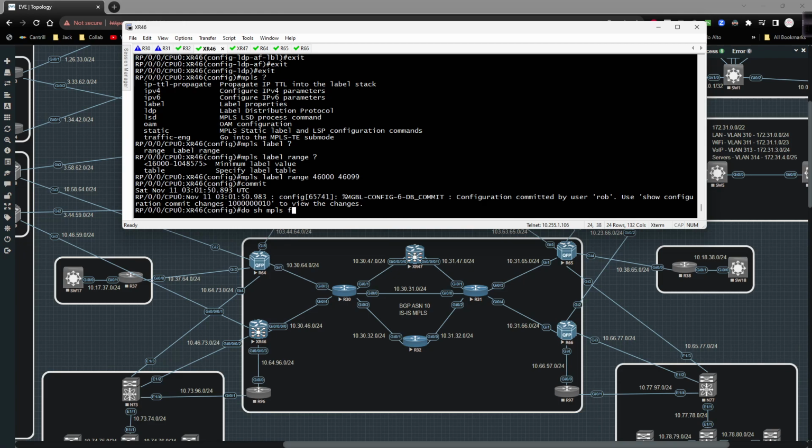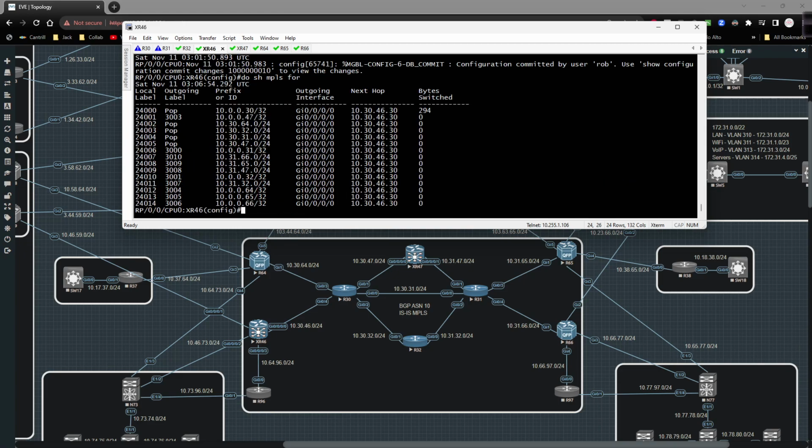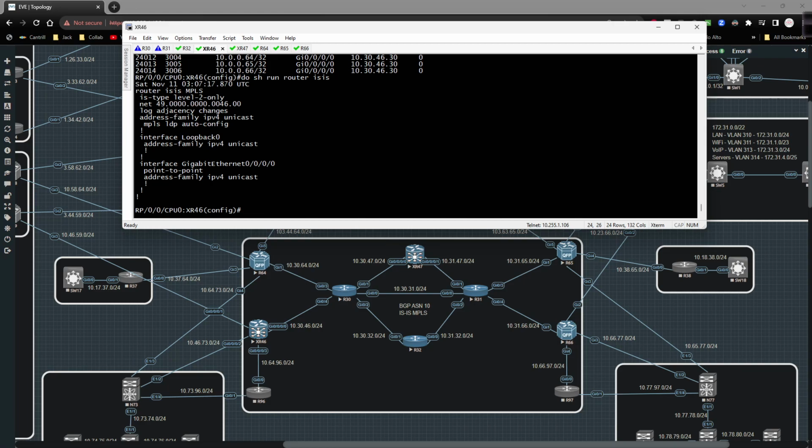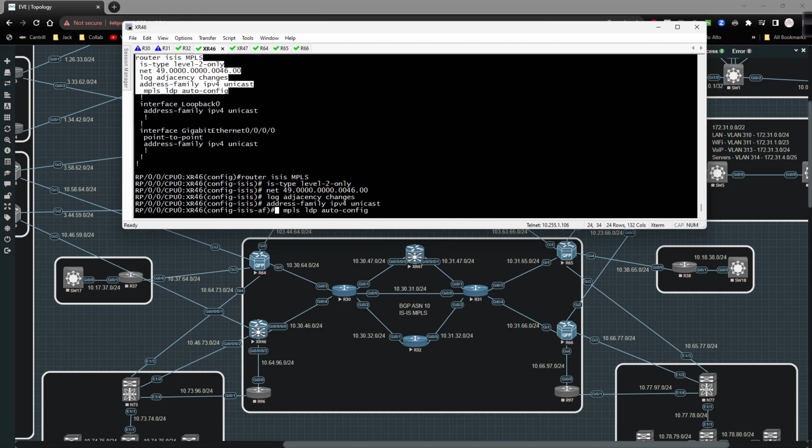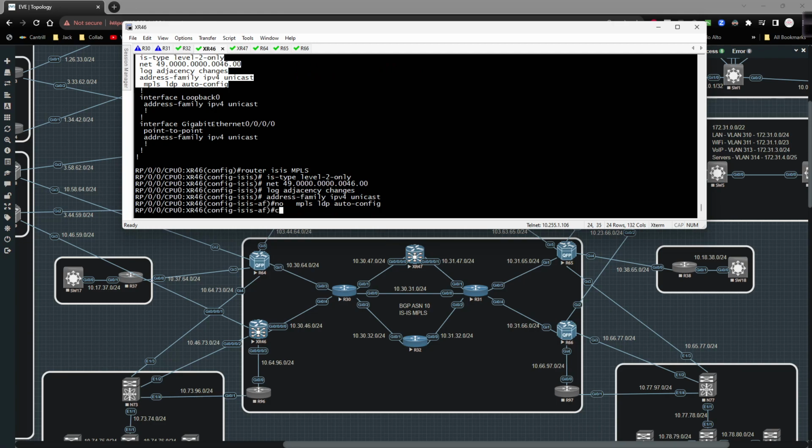Do show MPLS forwarding. So what we're going to go do is, and I'll talk a little bit about why these labels come in at the range that they do versus the range that all the iOS routers come in at, a much lower value. I'll talk about that here in just a minute. But do show run router ISIS. So I'm going to go to here and say no, commit it,